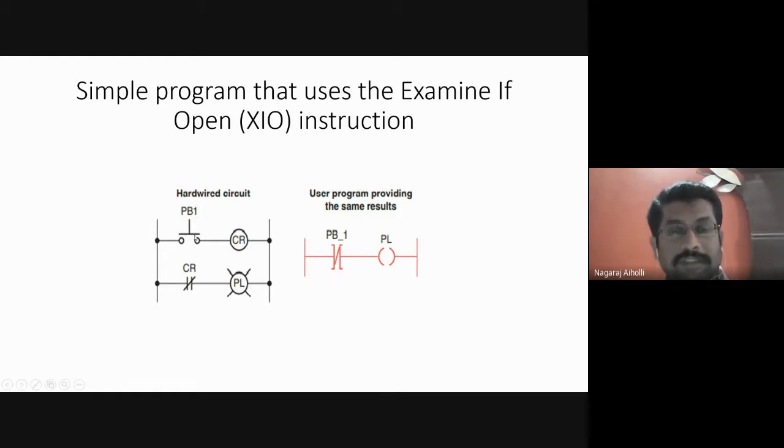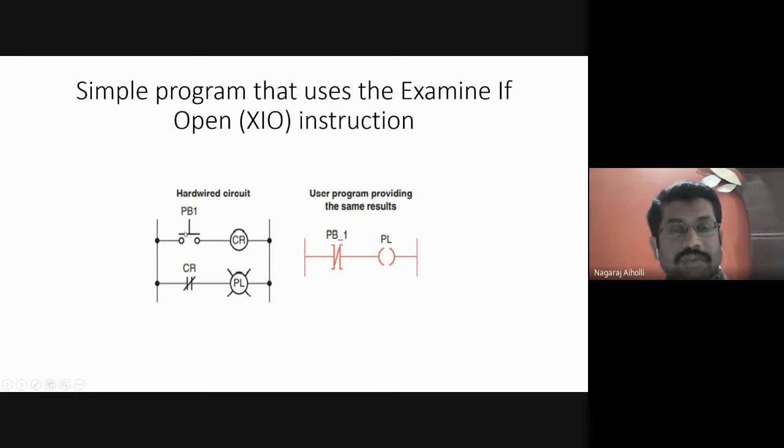then the relay coil is de-energized. Relay coil is turned off. When the relay coil is turned off, to the same bit position, this relay contact is connected to maintain the continuity. So here this is off state, so this is NOT of off state, NOT condition. NOT of off state means it is true. When it is true, the pilot light will be glowing. Is it not interesting, students?